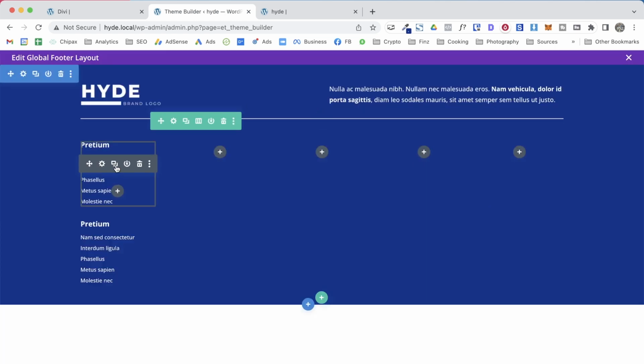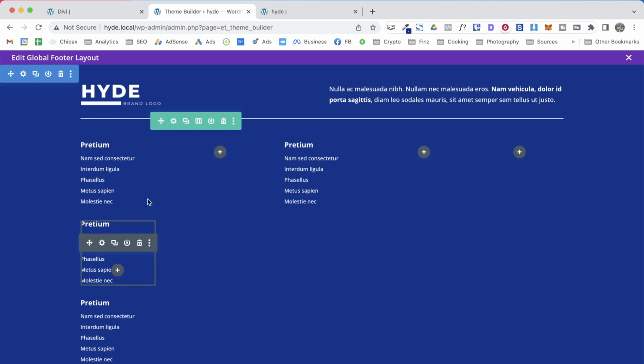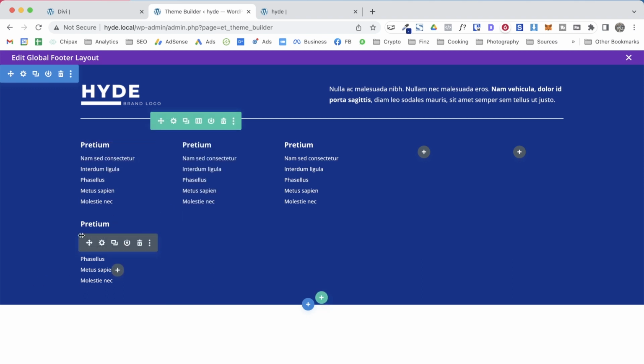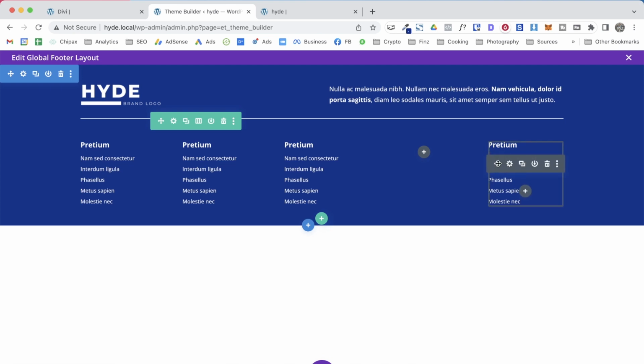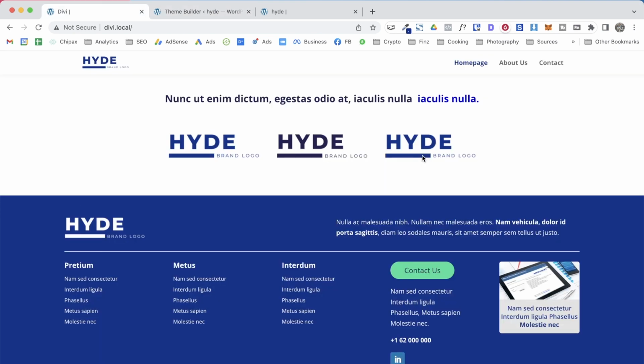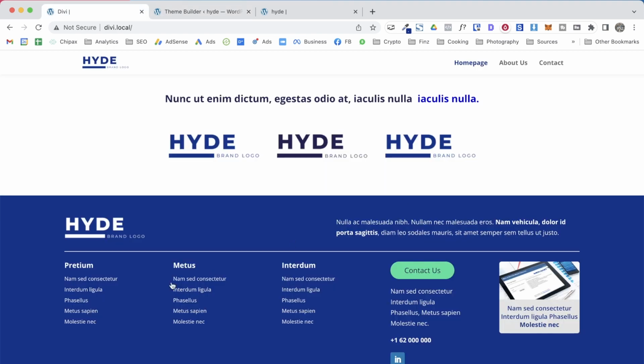So let's finish this. I'm just going to duplicate this module. We don't need to change the information, it doesn't matter in this case. Let's click on save. And well, it was just these three, and now we have a different column with a button, a text module, a phone number, and a social media icon for LinkedIn. So what I'm going to do is